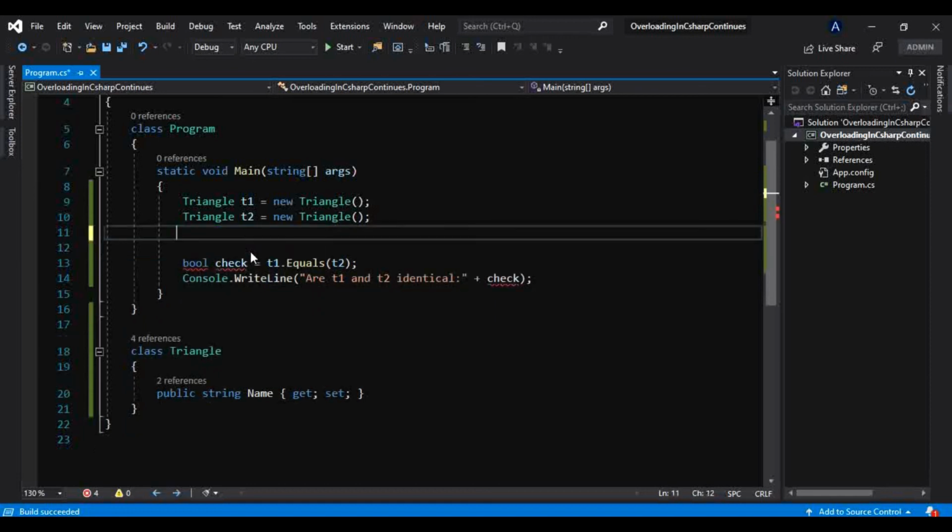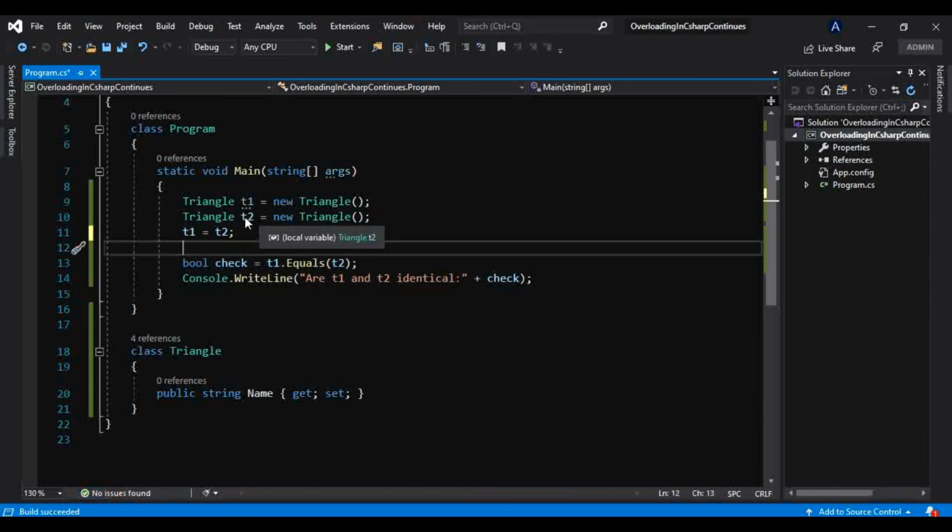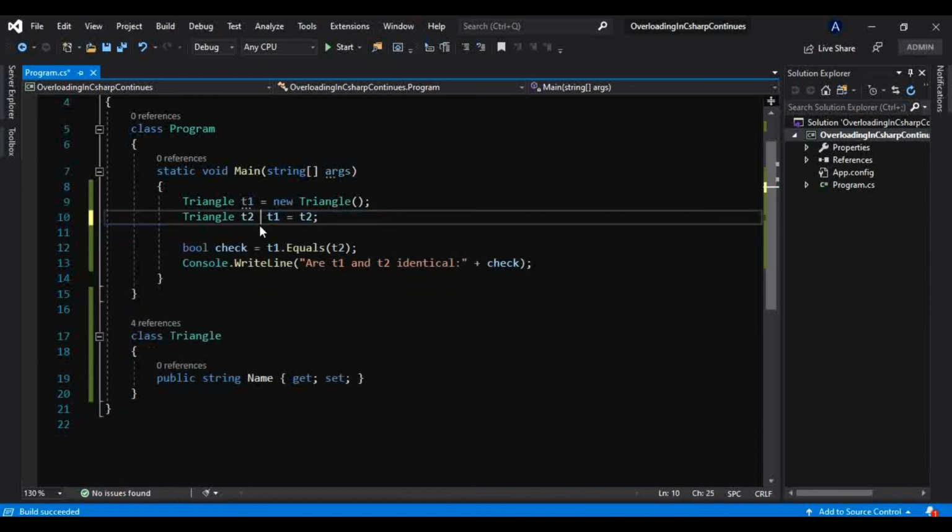if I do something like this, t1 is equal to t2. Or else, let me get rid of this, and what I can do, we have created this object, t1, and let me store t1 into the object of type triangle, both are the same type.